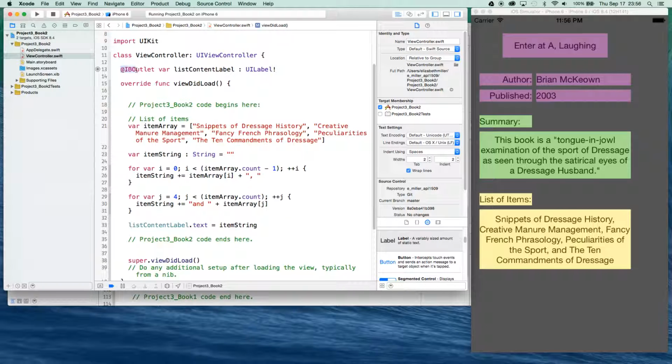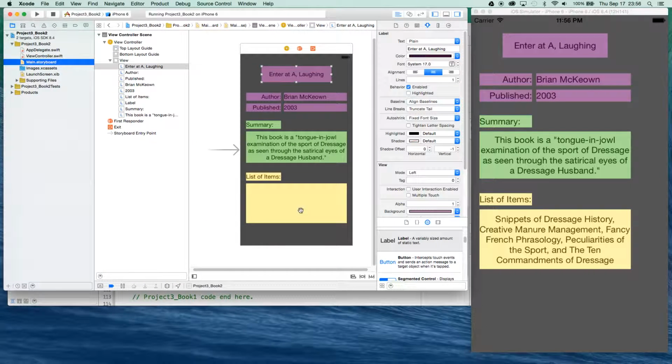And up here, this little line, @IBOutlet, is what connects the data that lives here in View Controller over here to our storyboard. You drag and drop that outlet piece and connect it to the box here, and when you run your simulator